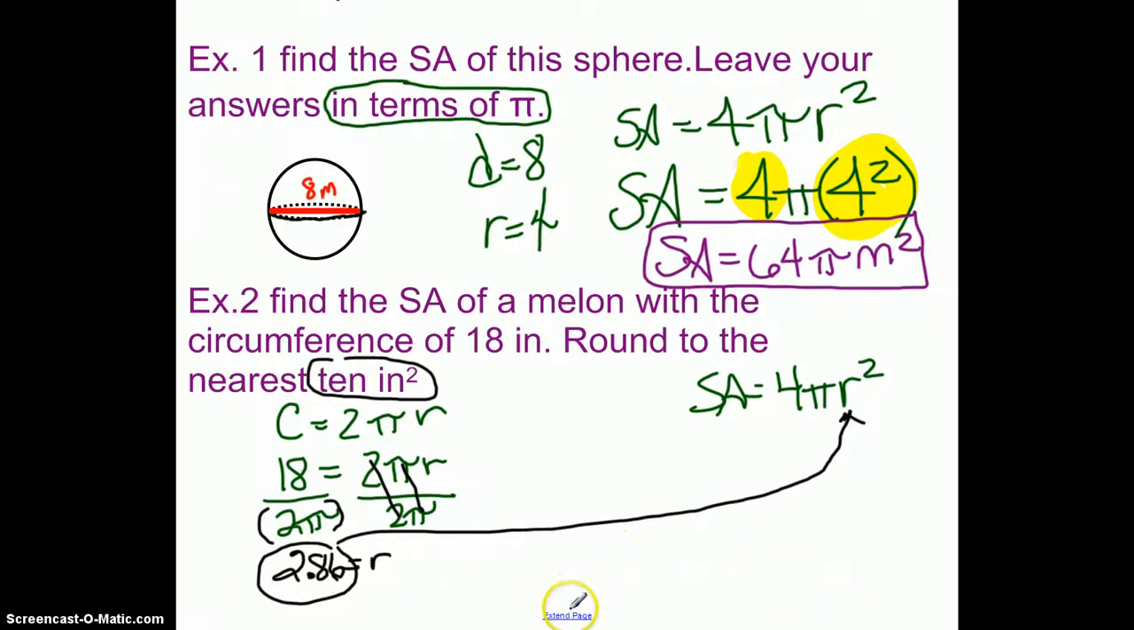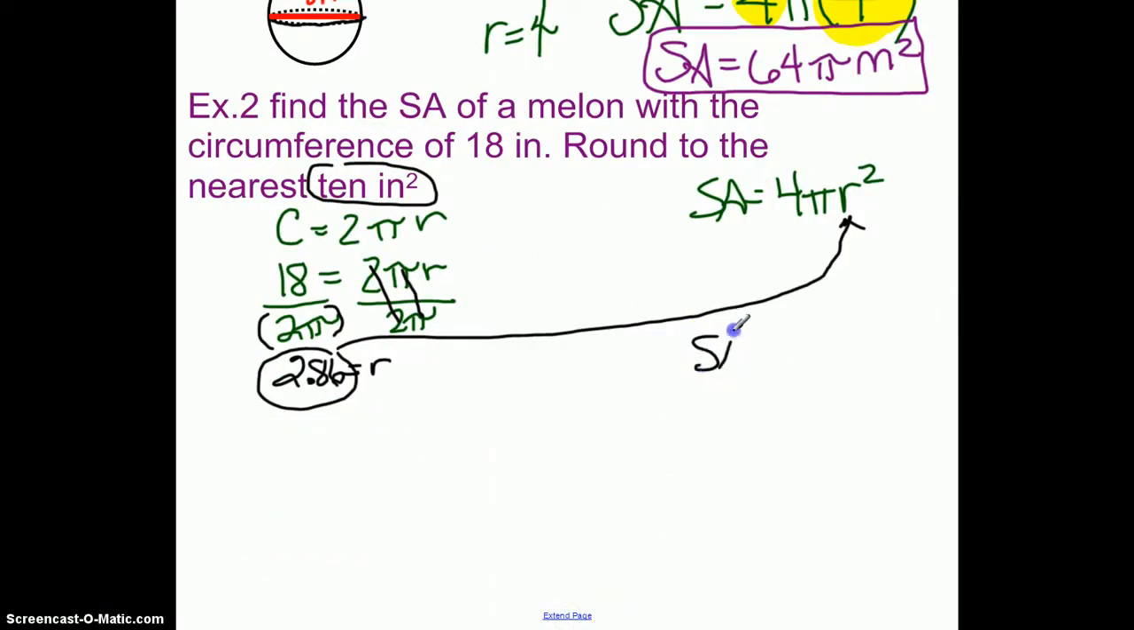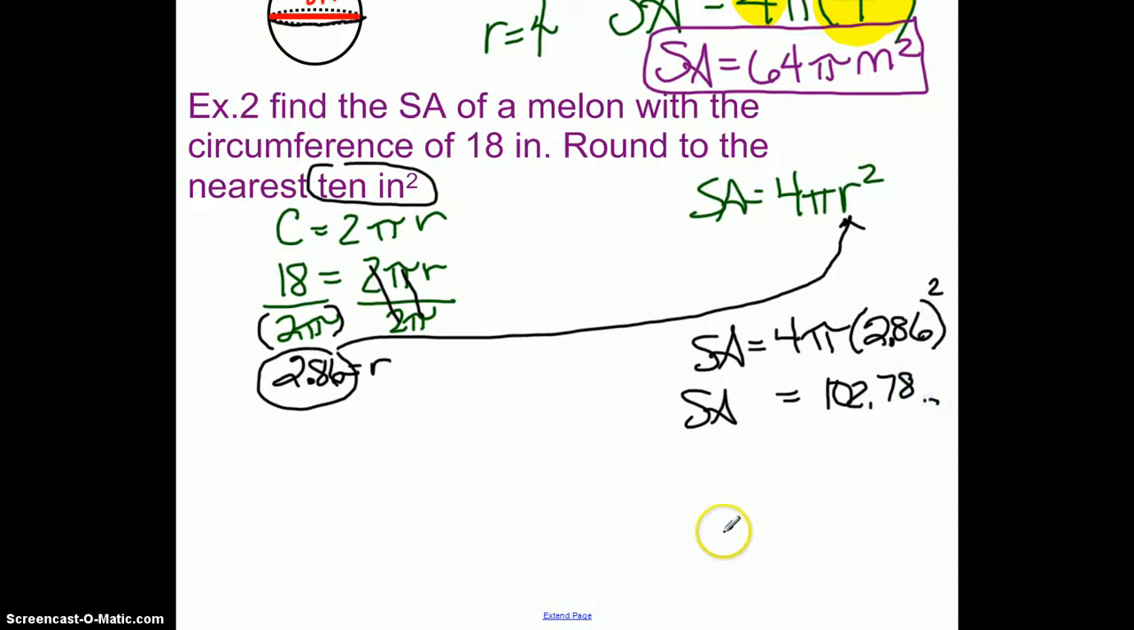So if I do, let me move this up just a little bit. Surface area equals 4 times pi times 2.86 squared. Now if I did that surface area, I get 102.78, and it keeps going. So if I had to do this to the nearest 10, that would be right here. And this 2 is not enough to round up. So my surface area would round to 100